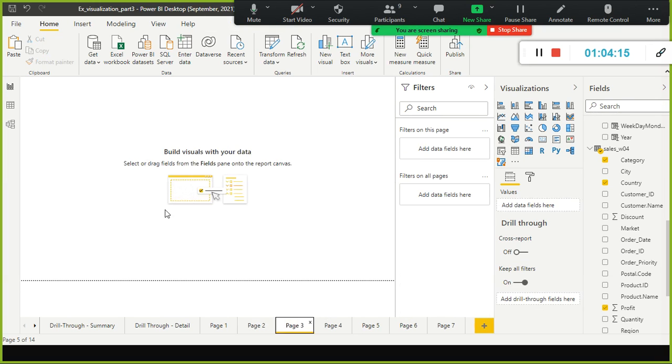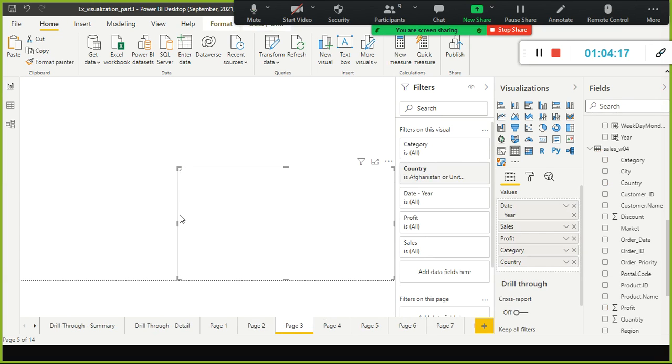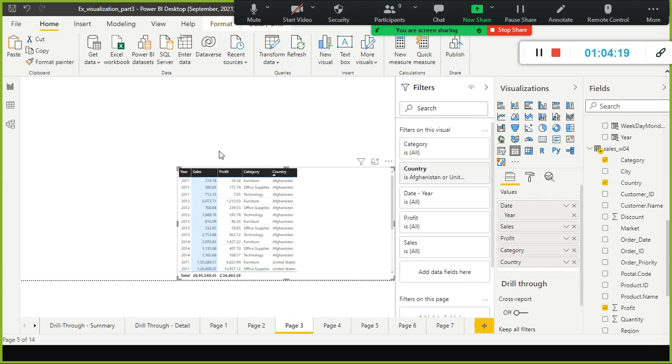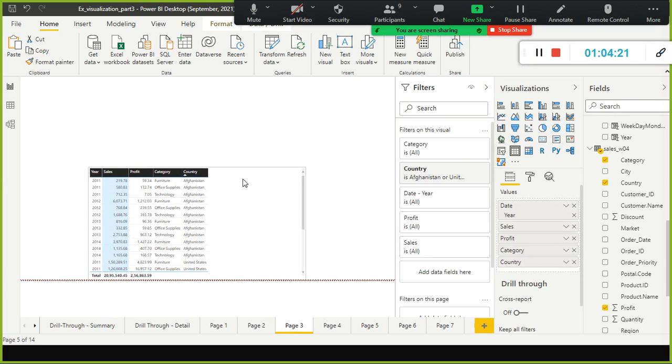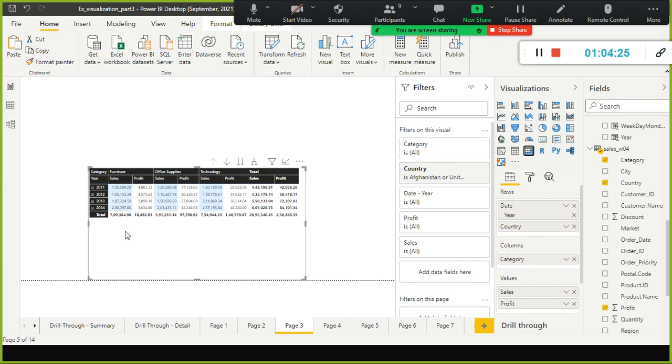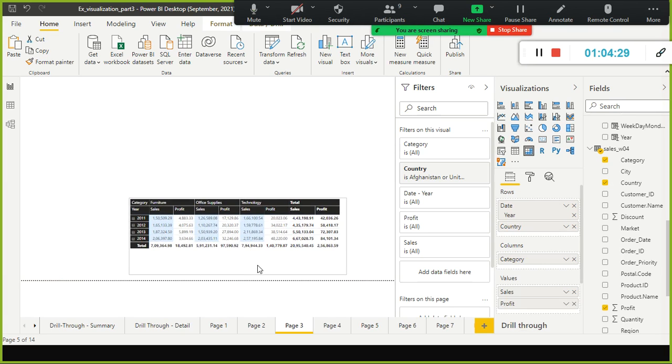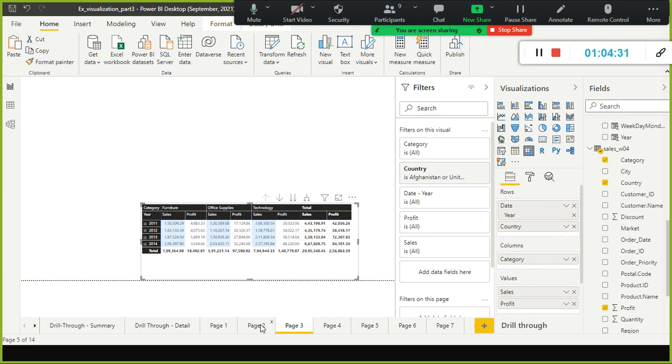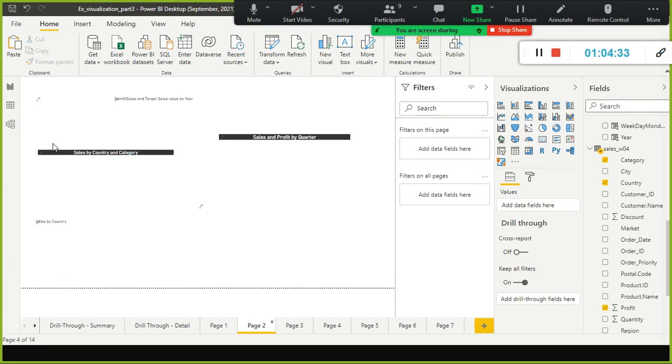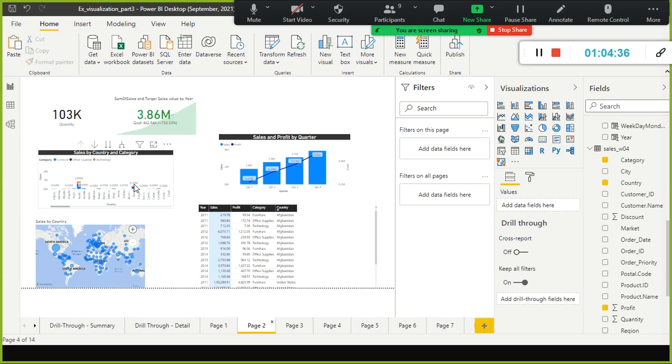Control C, and you can Control V. I just select matrix. Matrix looks pretty decent. Here what I do, I go back to page 2, and here what I do is filters on all pages.